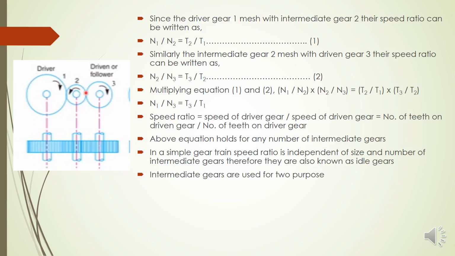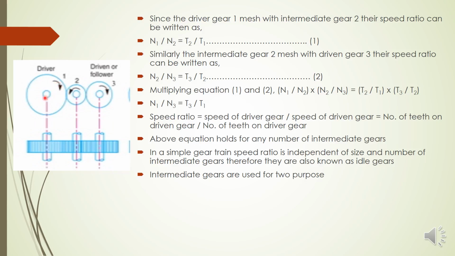And if you want anti-clockwise, in this figure the driven gear is clockwise. But if you want to change it to anti-clockwise, what can we do? Yes, in this same space, instead of this second intermediate gear, we can use two small intermediate gears. So instead of one intermediate gear here, we can use two small intermediate gears, so that it becomes an even number and it will rotate anti-clockwise, opposite to this. So that is the first purpose. Then another one,